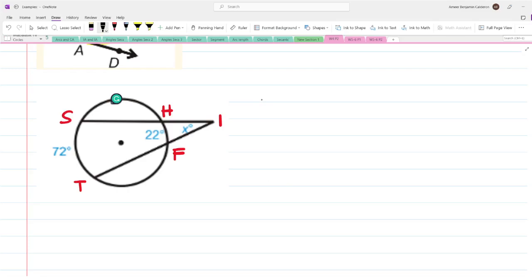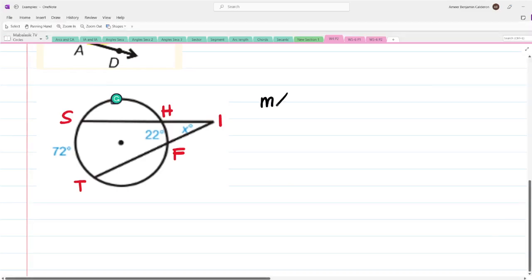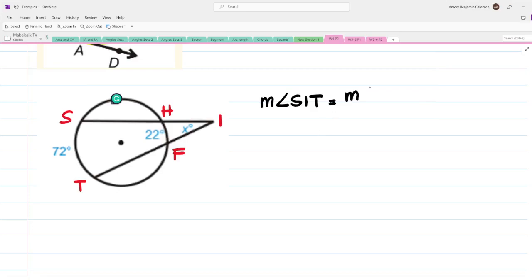So therefore, the measure of angle SIT will be equal to the measure of the bigger arc, that is the measure of arc ST, minus the measure of arc HF